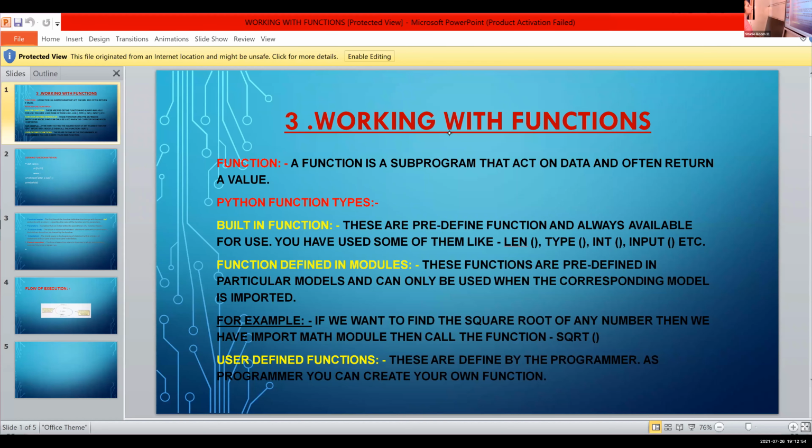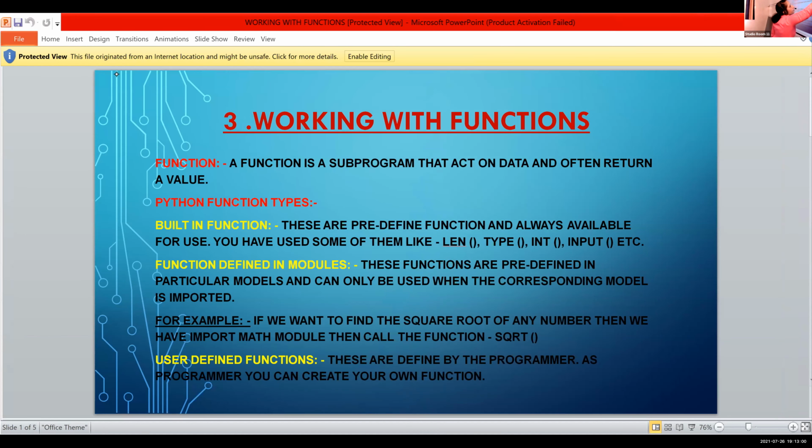Here, the third chapter is working with functions.